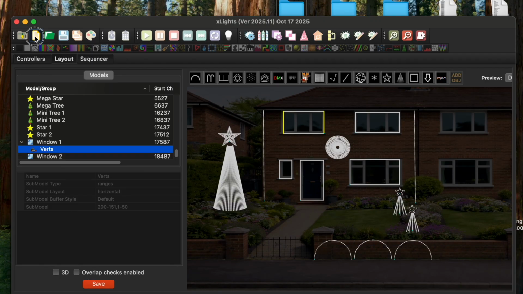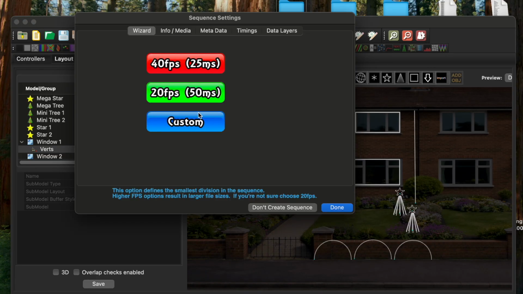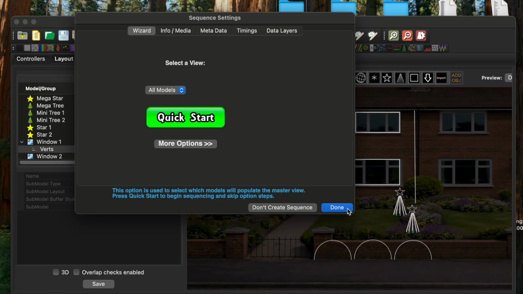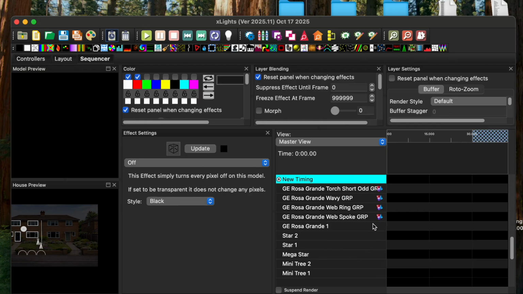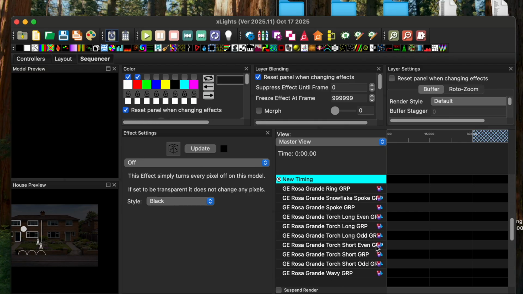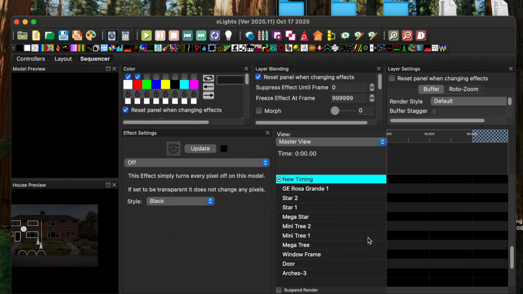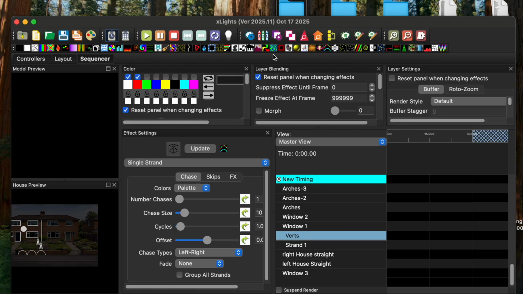So if I was to quickly make a sequence, ignore this. This will be shown at a much later date. And where is it? Window 1 verts. If I add this onto verts, can you see how it's going up both sides of the window,